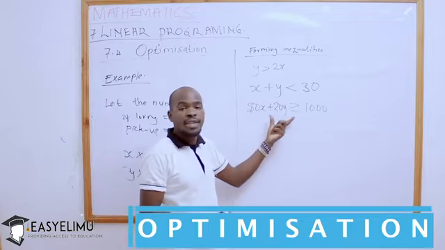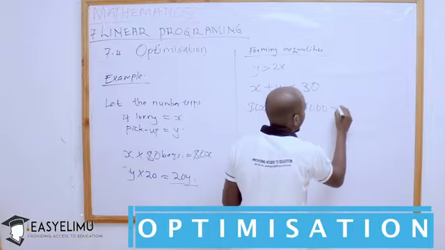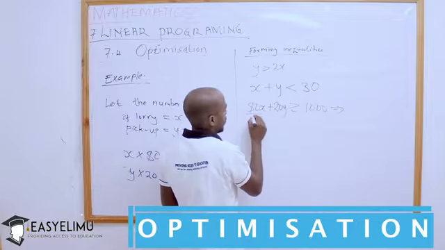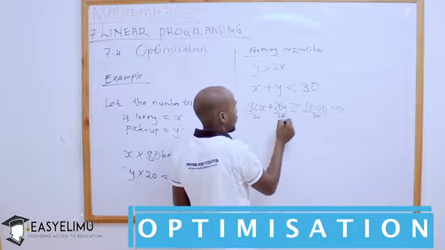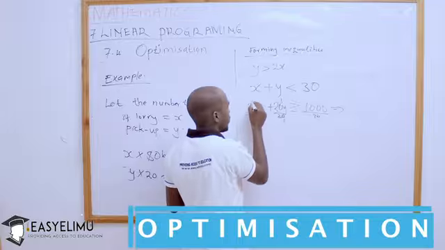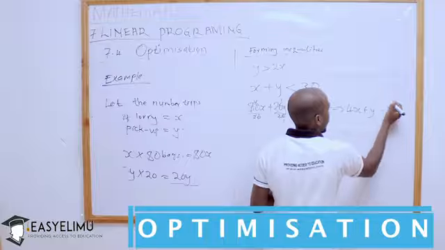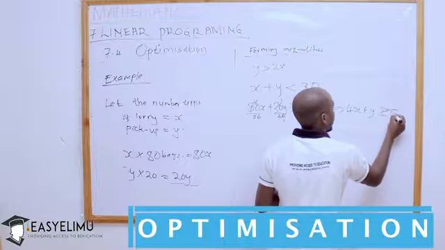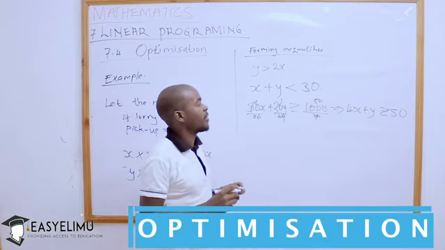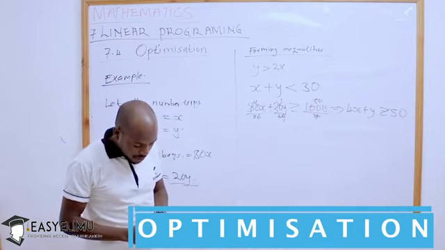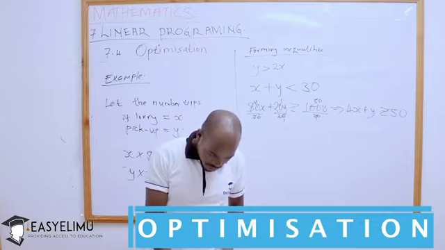And if you simplify this inequality, you can divide both sides by 20 to simplify it further. You will have 4x plus y is greater than or equal to 50. So we have found that inequality. And at the same time, we have been told that